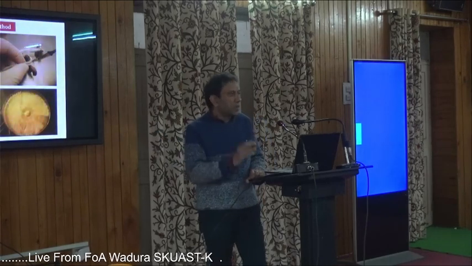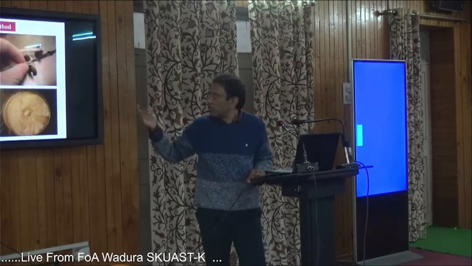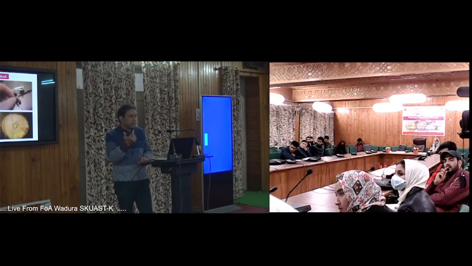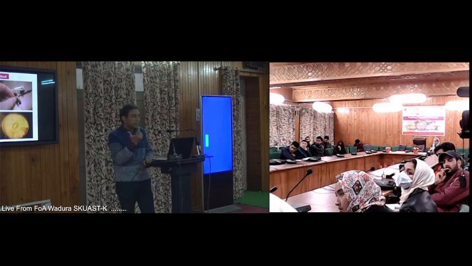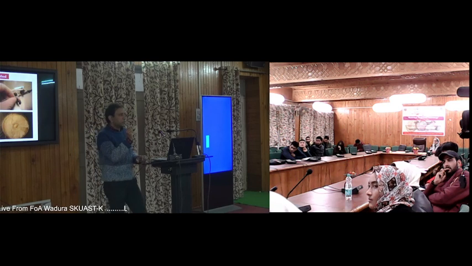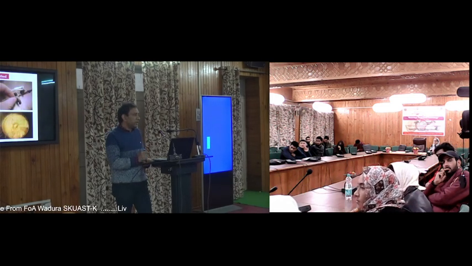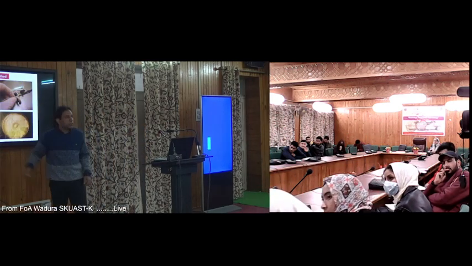So what's the technique of doing this? After this you probably have a practical as well, so I will show it there. They may have some mushrooms. I will show you how to take the tissue from this mushroom. Basically, a mushroom has two parts: one is the stem, its base, and the other is the umbrella-shaped cap. We have to cut the stem vertically. Then we take the tissue where the stem and the cap join. From that part we take the tissue and transfer it onto the medium which we have already prepared.